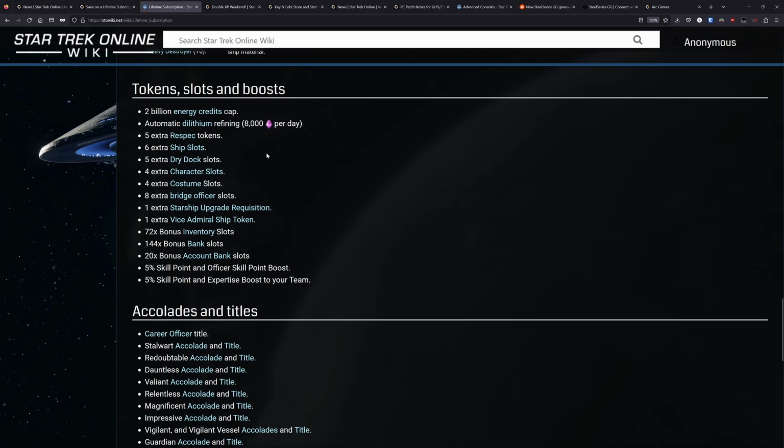And if you have a ton of characters and you're really wanting to expand your inventory, this inventory increase and the other unlocks here can make this a good purchase for you. If you have a ton of characters, you're going to be benefiting from these extra slots. If you're just someone that plays on a single character, it probably doesn't matter as much for you, but that 72 extra inventory slots and the 144 extra bank slots per character really adds up if you're looking to store